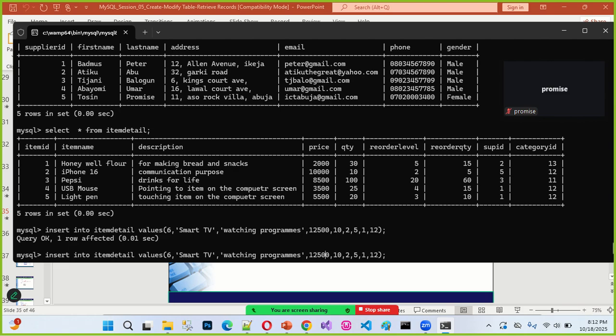And record 7 again. That record 7, I call it Zobo drink. Okay, that's Zobo drink, in quotation, and I say drink for good health.